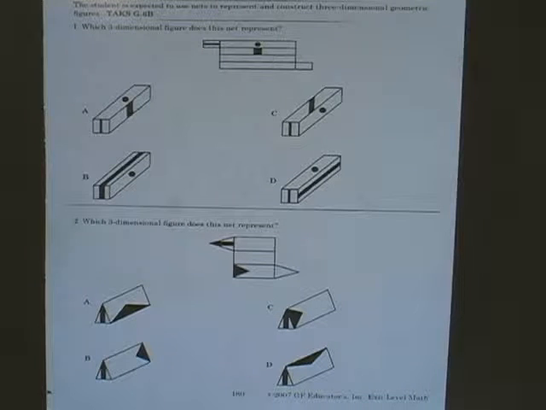It says, which three-dimensional figure does this net represent? And if you don't know what a net is in math, basically it's just a two-dimensional figure that represents a three-dimensional figure when the three-dimensional figure is unfolded. For example,